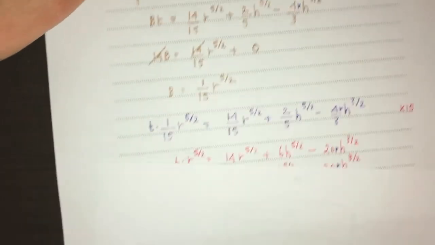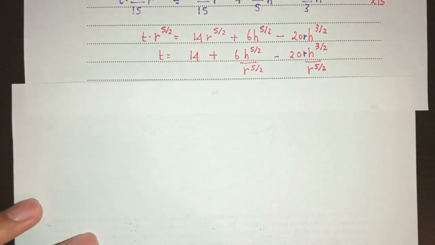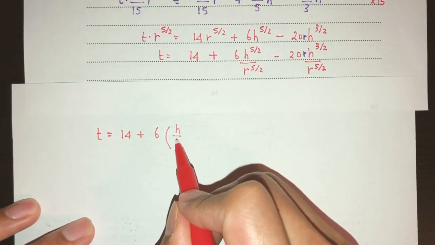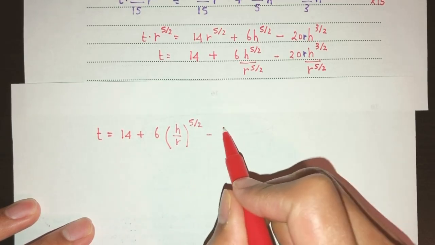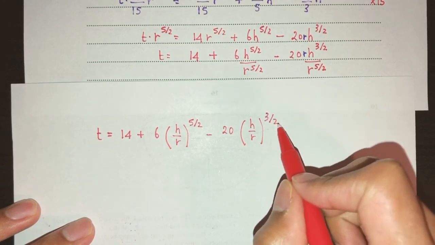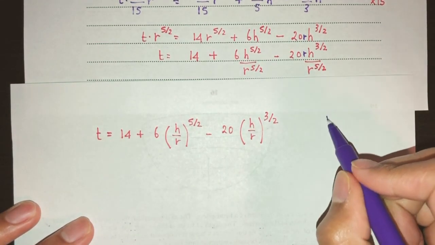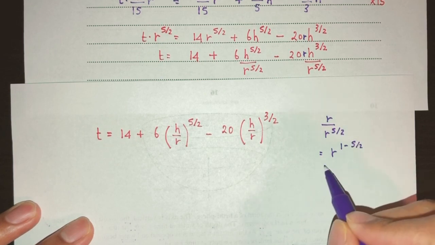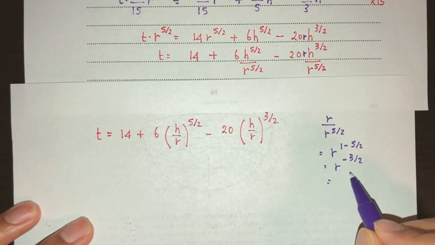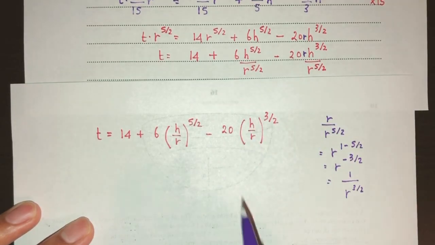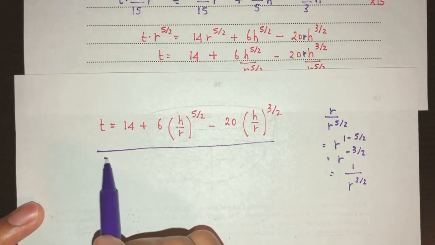Let me write this on the new page. So right now I have basically t is equal to 14 plus, we can take out 6, that will become h over r to the power 5/2, minus 20, and that will become the same thing, h over r to the power 3/2. And why is that? We can check. Here we have r divided by r^(5/2). That will become r^(1 minus 5/2). That will be r to the power minus 3/2, which is 1 over r^(3/2). So when you bring this down, you will have the same power as the h, so you can factorize to show this. So finally, this is your answer for the expression of t